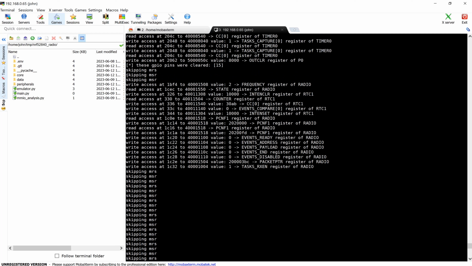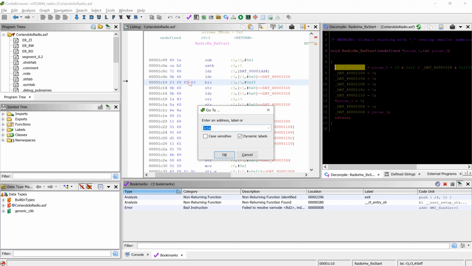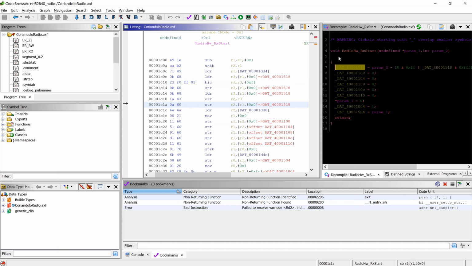The write attempts to the radio start at C1A, which is inside radio hardware RX receive start. So it basically sets these event registers to 0,